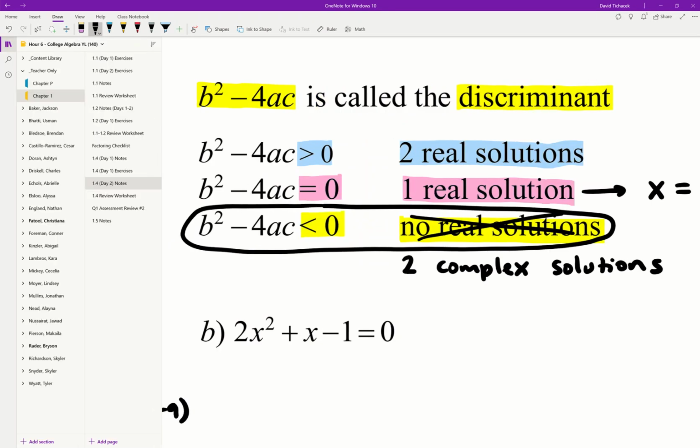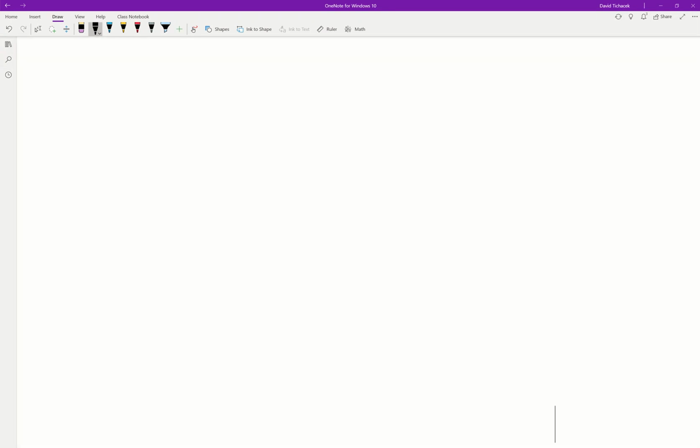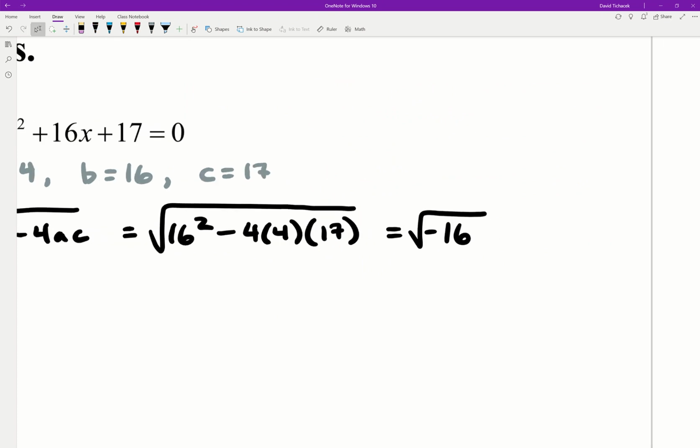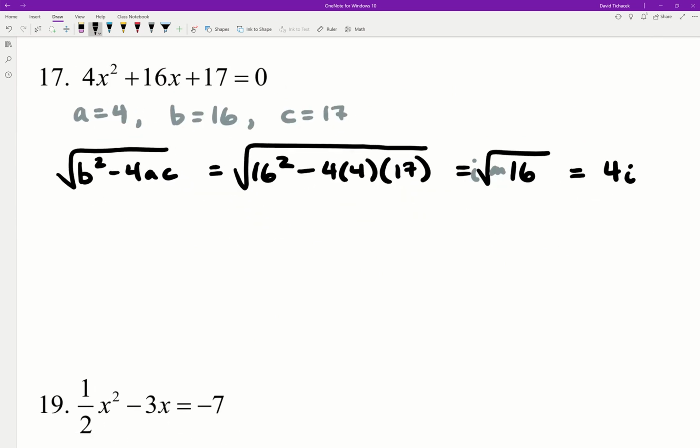Okay? And so let's actually go ahead and finish up the problem here. If we have the square root of negative 16, remember how we deal with that. We just go ahead and scratch out the negative and put an i out front. And then the square root of 16, of course, is 4. So this is going to be 4i as our discriminant. Okay? I always like to do that first because now when I go ahead and actually apply the rest of